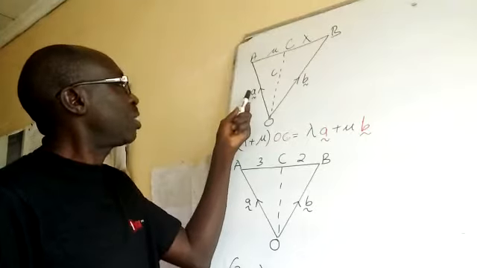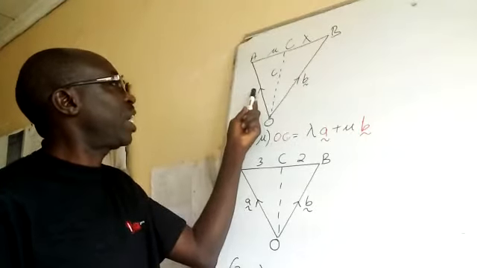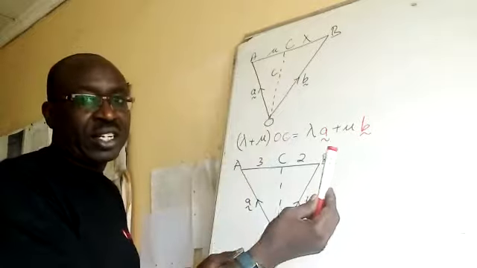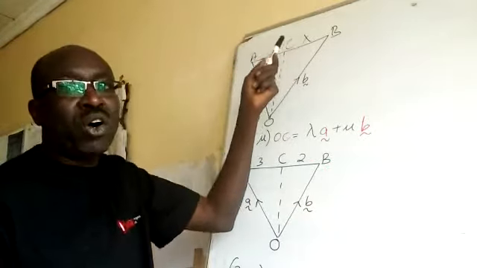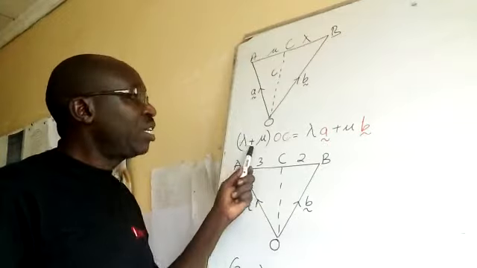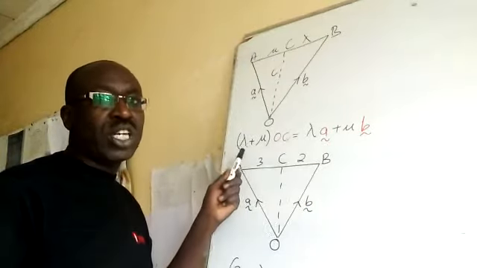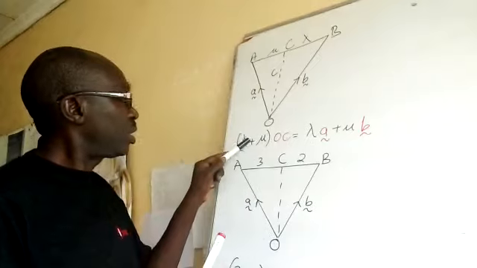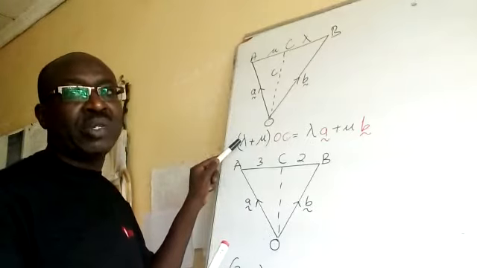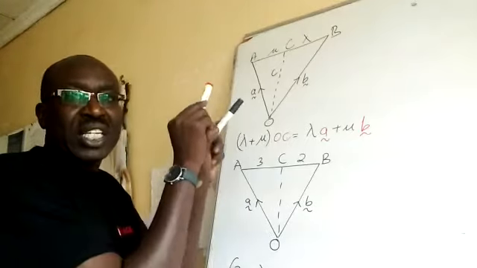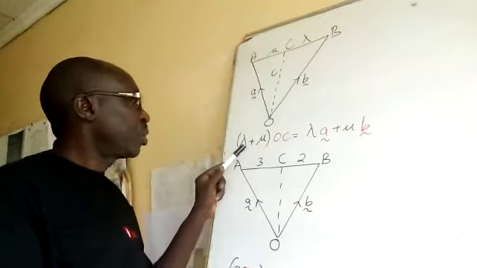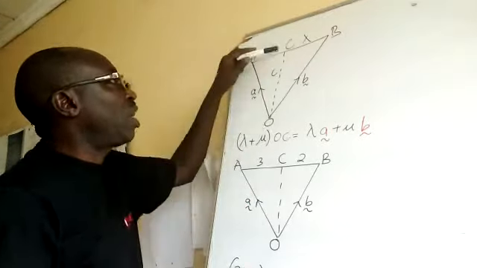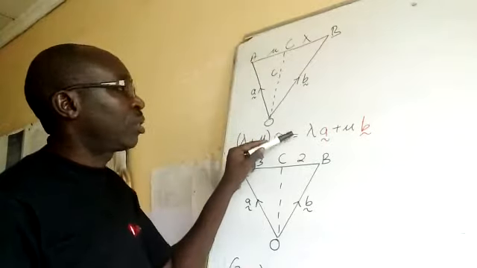So realize that we have vectors here, vector A on the left, vector B on the right. We also have mu on the left and lambda on the right. But in the ratio theorem, see what starts? The sum. Lambda add to mu. You must get the total ratio of these two parts. Then multiply by vector OC. Then you get